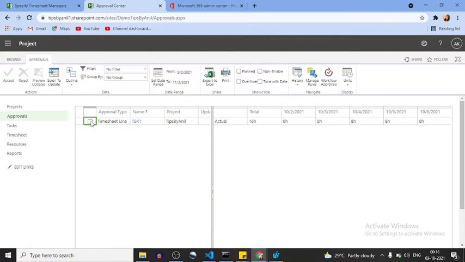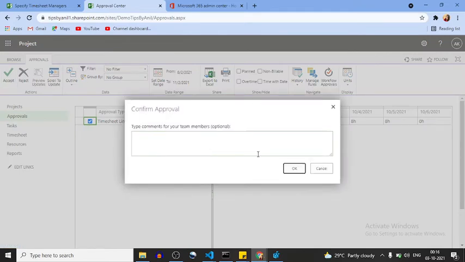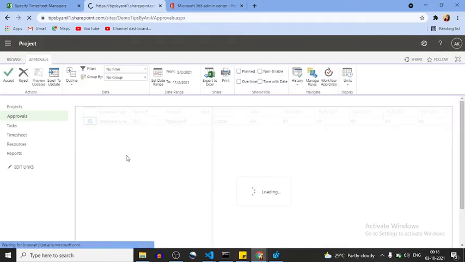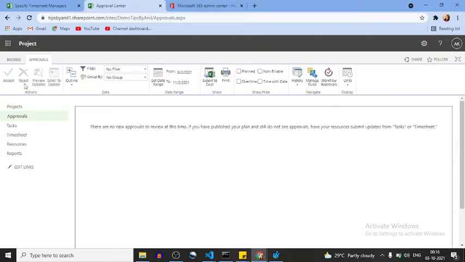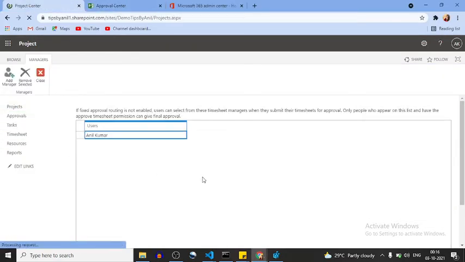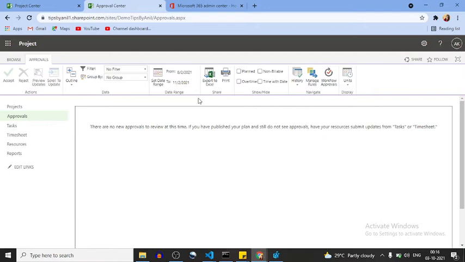I'll go here. So in my timesheet manager, I can see this task now. Whenever I click on accept, this task will be approved, but it will not reflect in our project scheduling. Okay, still my project progress is 0%. What has happened now? What do we have to do?